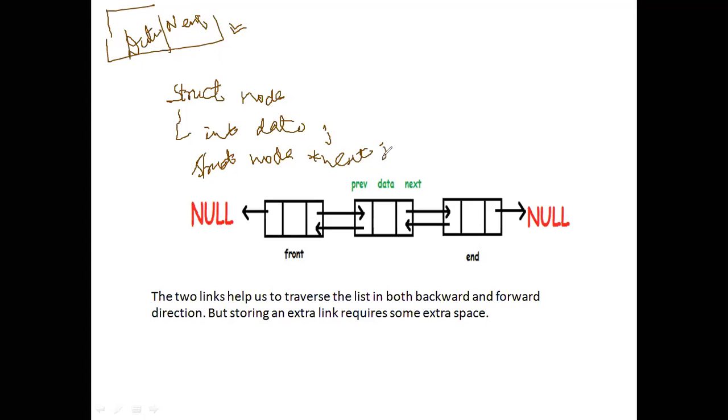Self-referential structures. Good, very good. Self-referential structure. Am I correct? Self-referential structure. This is for one node. Am I correct, guys? Here I am going to add one more field. Is it visible? One more field which is previous. Now what I have to do? You tell me. This code is enough, or do I have to add anything extra in this structure?